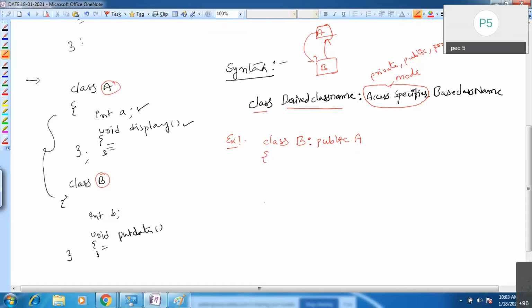Now you can write members here. For example, class A is there already, and it has some data members.